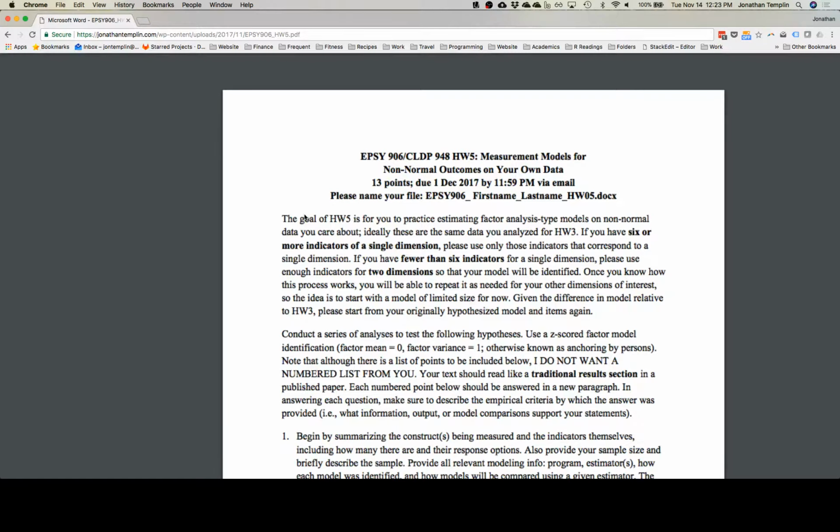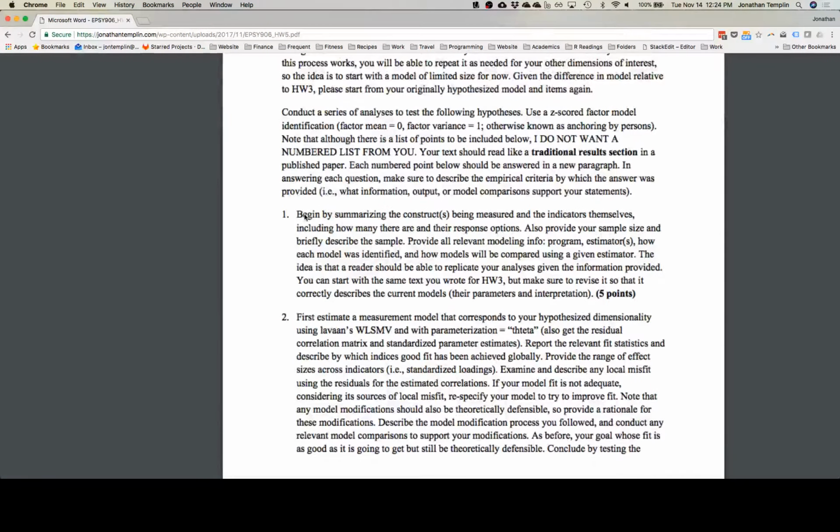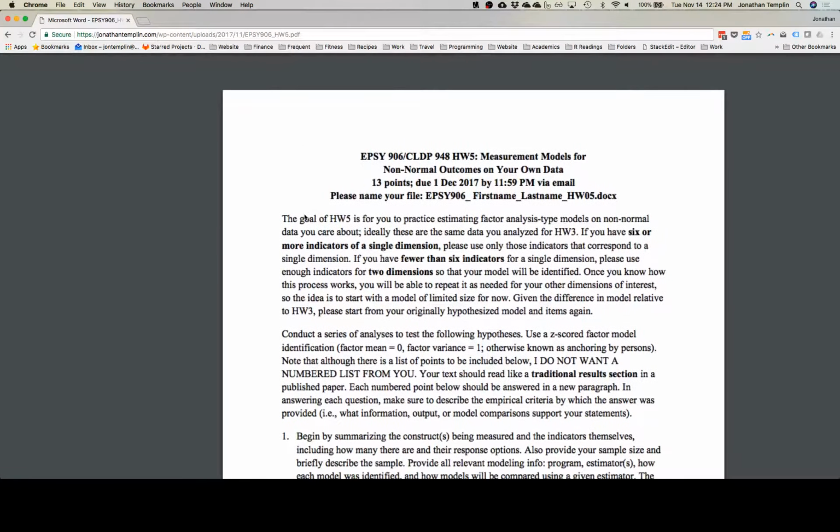If it's simulated data and you apply this to it, totally cool. If you want to borrow some data, totally cool as well. The bottom line for this homework is it's effectively the same thing you did with CFA. And some of you have Likert scales to do it. I think a couple of people in here don't. And if you don't, or maybe if you have some other data that you have Likert scales for, that's fine too. But if you don't have a Likert scale or you don't have categorical items, we'll find a way to make it work. Any questions?